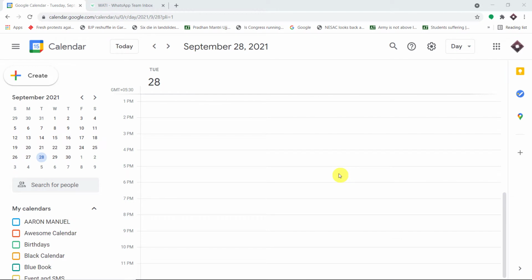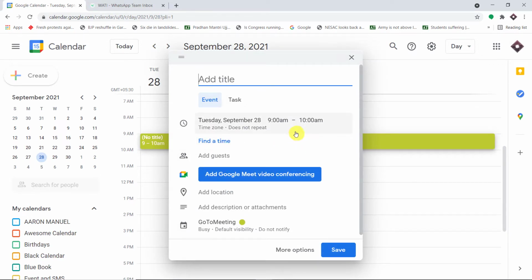Okay, so this is my Google Calendar and what I'm going to do here is I'm going to schedule an event. And once the event is scheduled, the person who will be the guest of this event or the person whose this event is scheduled for, the same person will be getting an SMS from me. So let us schedule an event. So the event has been scheduled from 9 a.m. to 10 a.m. and the name of the event is Chemistry